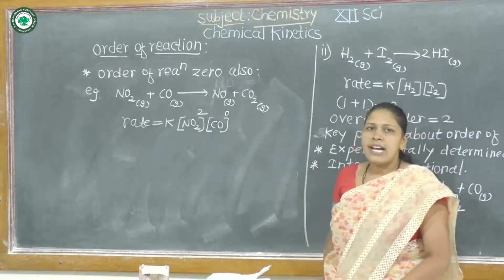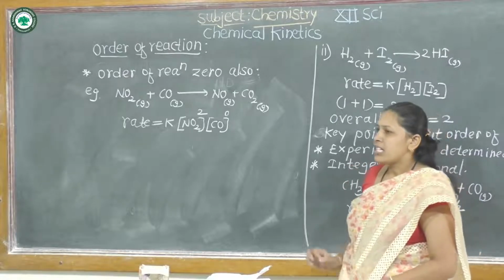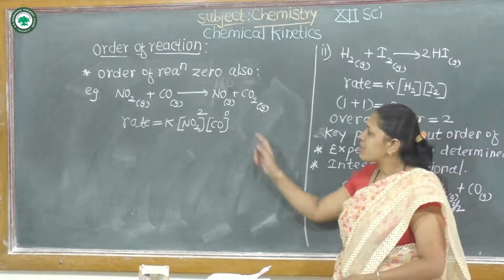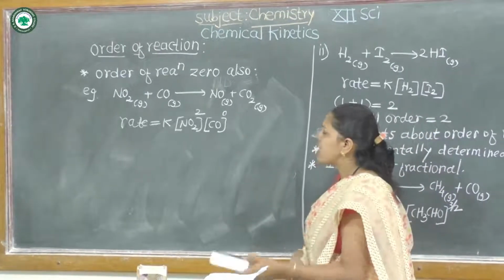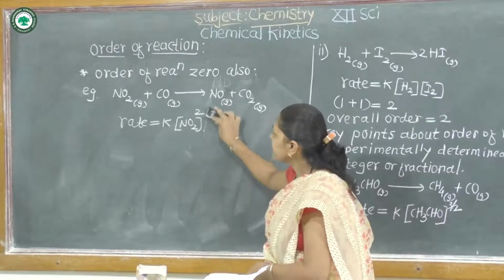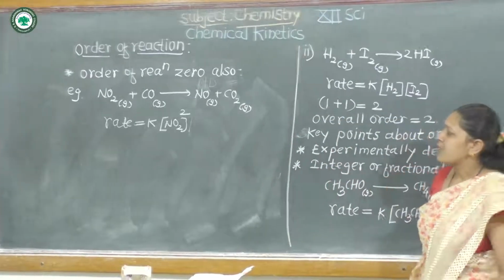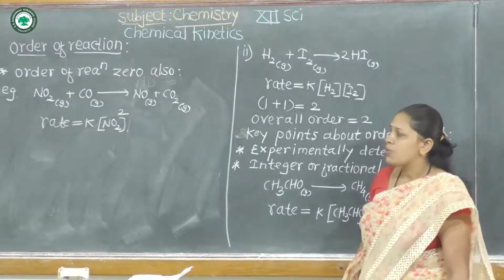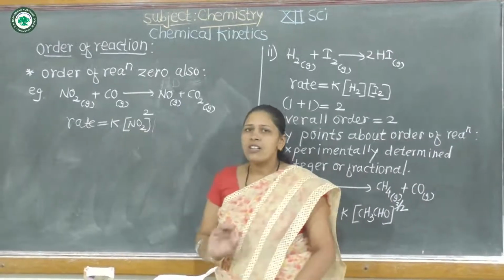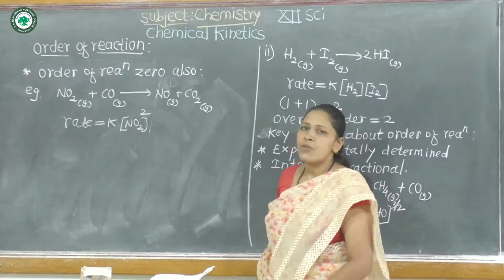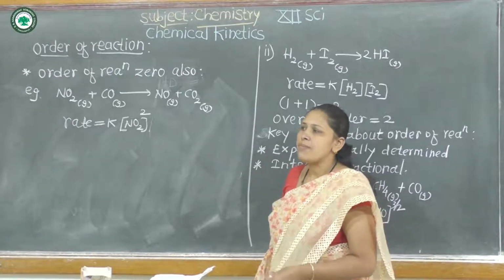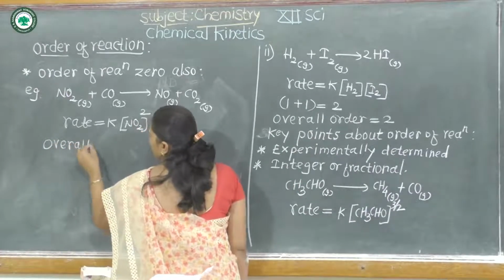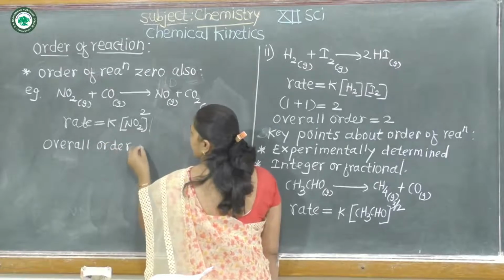Therefore, it indicates that rate of this reaction does not depend on concentration of carbon monoxide. Therefore, its power is equal to 0. It is not necessary to write it in a rate law expression. Therefore, rate of this reaction only depends on concentration of NO2. That means rate of this reaction does not depend on concentration of carbon monoxide. Therefore, order may be 0. And overall order of this reaction is second order.